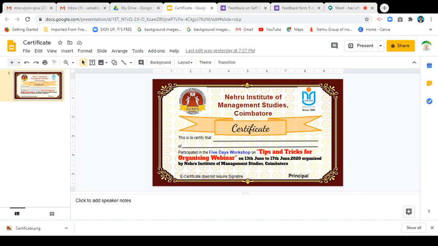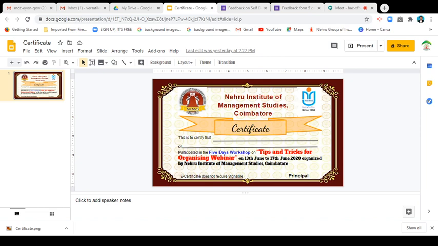You click the Insert tab and click Pictures. Automatically it opens, and where you saved the image file, you click it. Here is the format. Automatically the image will come. Then you can make it the full page. It fits perfectly. Finished. So now the Word file carries the certificate image.